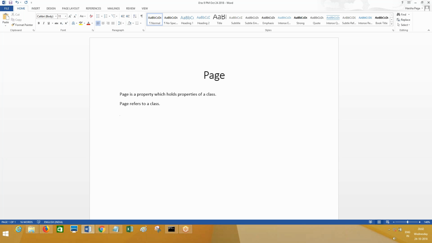Okay. So now, creating a page. This is what we are going to work on. If you want to create a page, first you should have one class with properties available. Then if you create a page, you can refer the page to that particular class. The requirement that I am going to give you is, look at here, create a class,